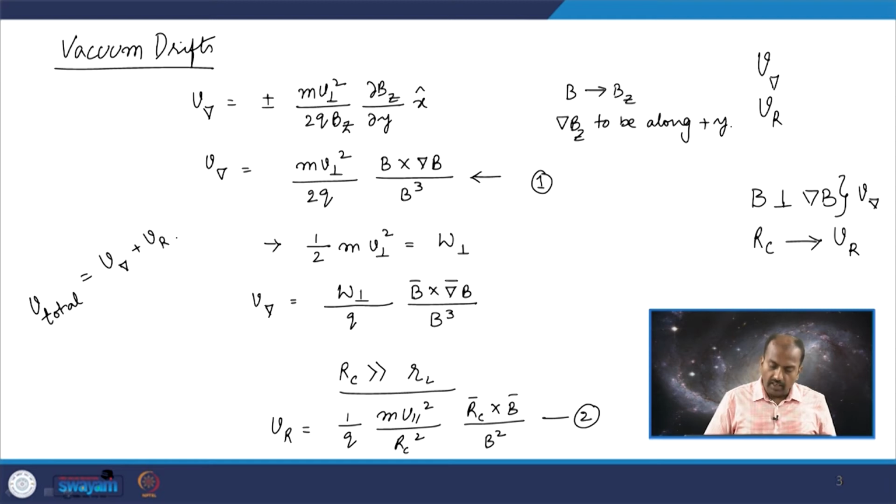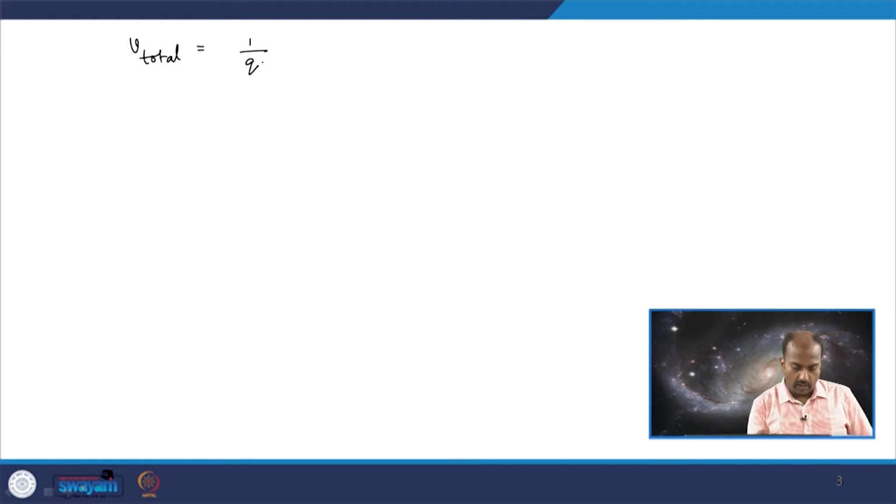Then, in that particular case, we will try to combine. This class is going to be about how we combine 1 and 2. So, for now our objective is V total equals 1 by q times m V parallel square divided by RC square times RC cross B by V square